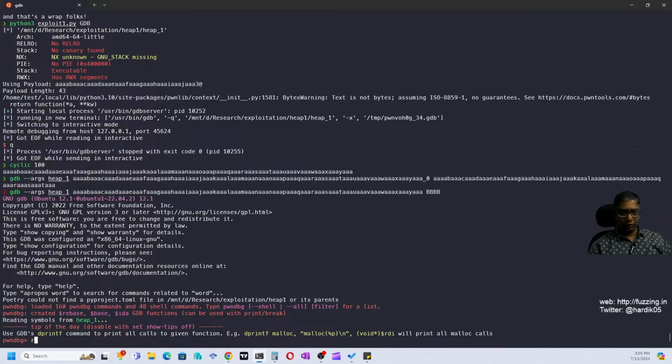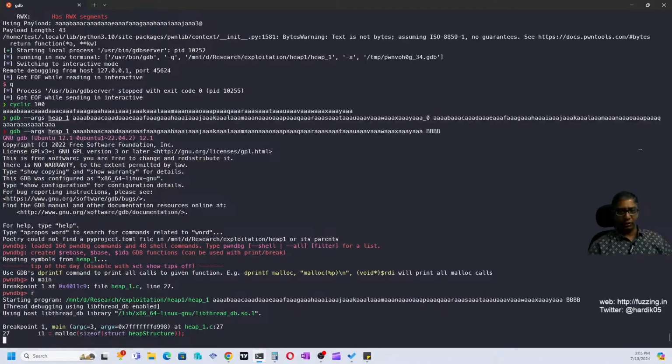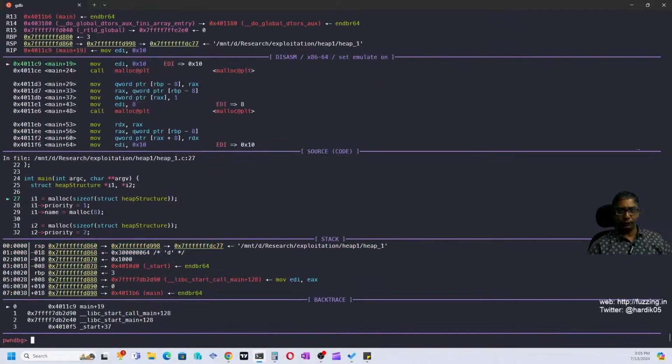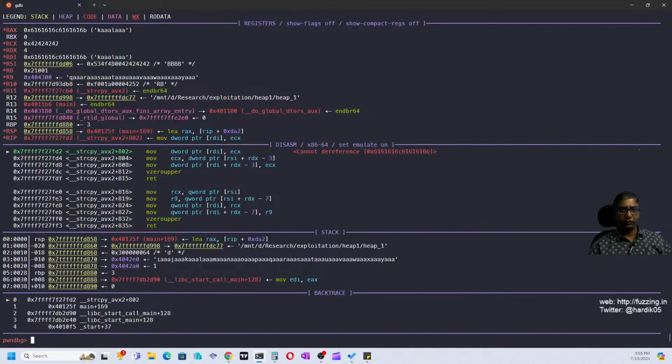Okay, so let's run it now. Actually, let's set a breakpoint on main first, and let's run it now and see what happens. Actually, we can simply execute it and see if we are getting any crashes. Okay, yeah, so we can see that we are getting a crash in string copy, and this is because